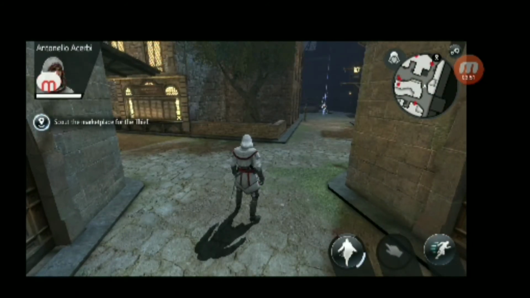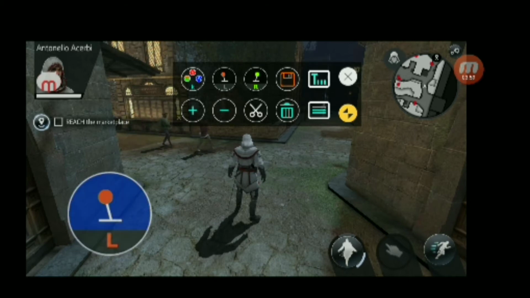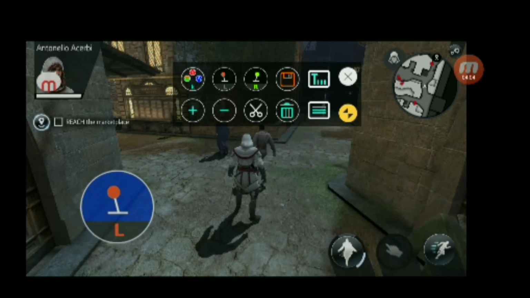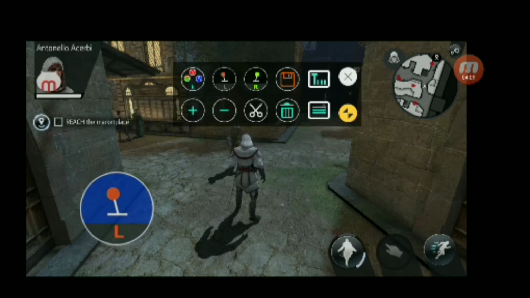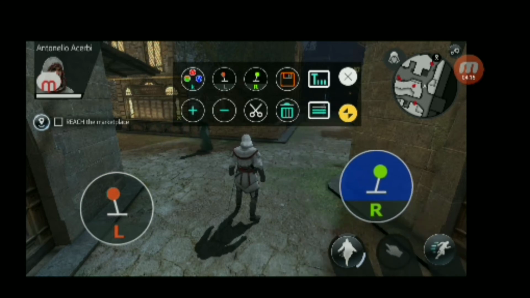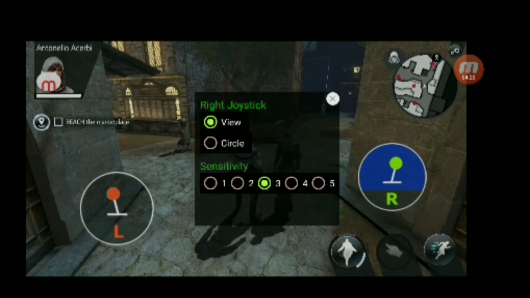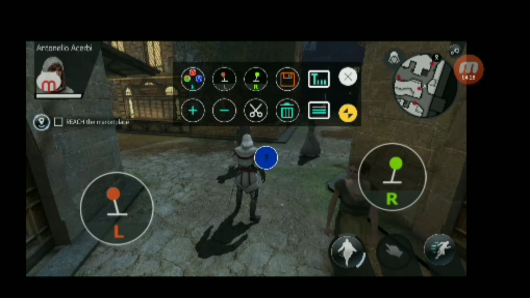At this time, first you should have to click on this MoCute symbol, and you will get some options. Click on L left joystick and make it somewhat smaller, and double click on this. You will get some options. Put the sensitivity on 1. And you can see the right joystick symbol and move it to here. Let's make it somewhat lower in size, and double click on this and put the sensitivity as 1, and click this key symbol, and you will get this.